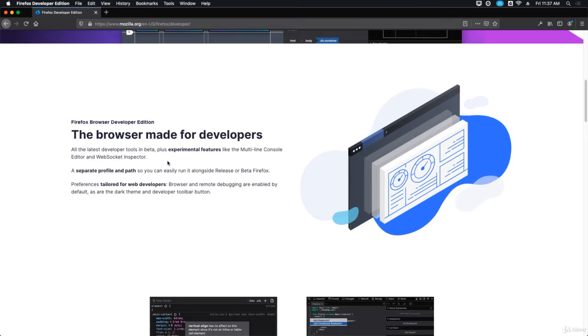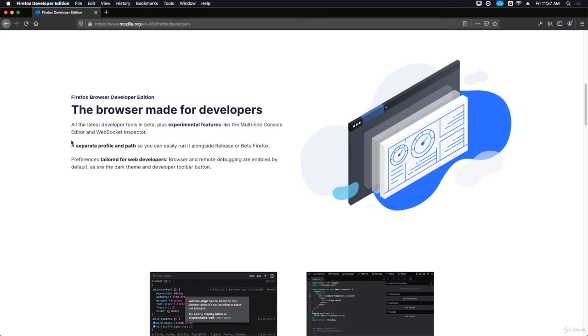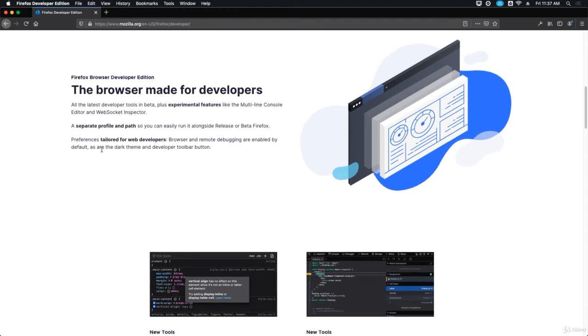The browser made for developers. So all the latest developer tools in beta, plus experimental features like multi-line console editor and WebSocket inspector, a separate profile and path so you can easily run it alongside release or beta Firefox. Preferences tailored for web developers, browse and remote debugging are enabled by default, as are the dark theme and developer